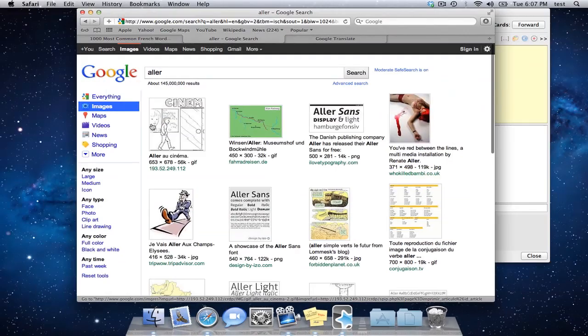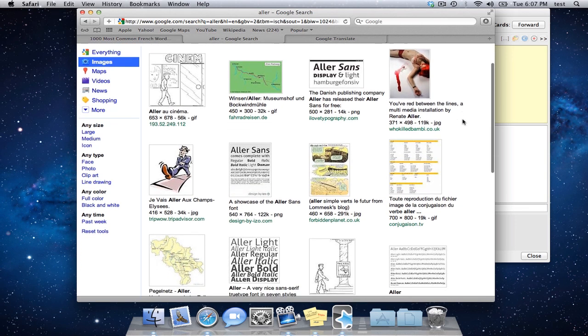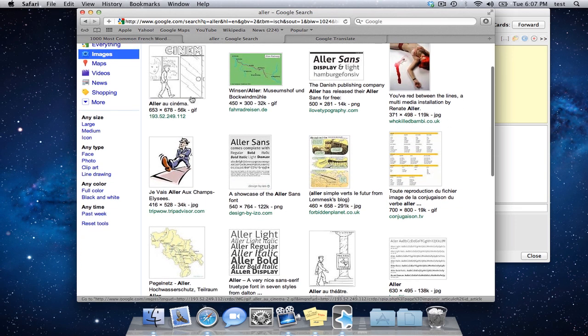The basic version of Google Images uses much smaller images, for one, which are perfectly sized for an iPhone screen. And second, it gives you the context right under each image. You don't have to go clicking for it. It's perfect. It's actually exactly what we need. We don't need to resize any images. It's just right. So if I'm going to look for something that says aller and to go, these three are